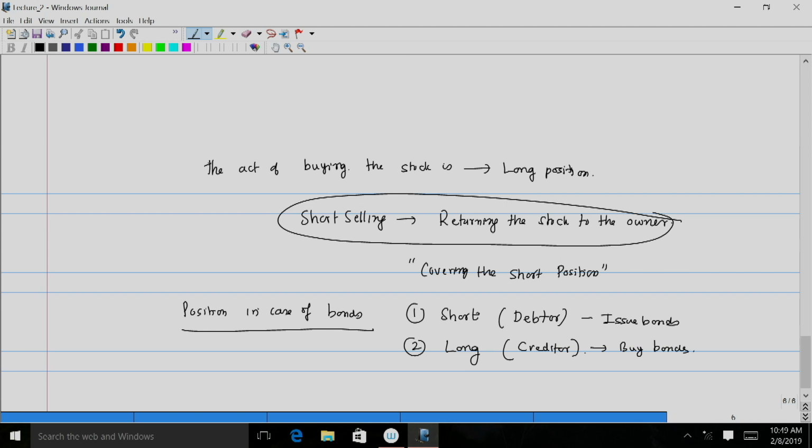Now, as I mentioned before, there are two key fundamental differences between bonds and stocks. One is with respect to risk: bonds are effectively considered risk free in the sense that they have guaranteed payments, and in case of stock, there is a risk component associated with it. The other is the legal claim. In case of bonds, it is binding upon the debtor, the person who has issued the bond in return for receiving money from the creditor. They are legally obliged to return the money to you as promised on the maturity date.